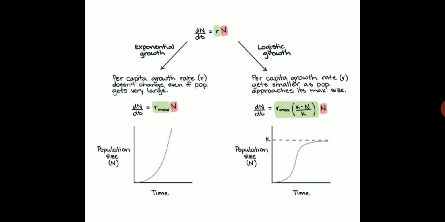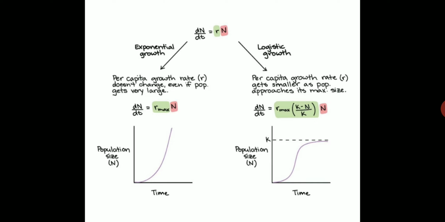A population shows exponential growth when abundant resources are available and the members of the population are free to reproduce at their physiological capacity. This form of growth can be represented by a simple equation, that is dN/dt = rN, where dN/dt is the change in population size per unit time,